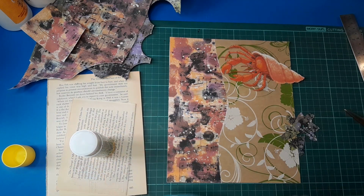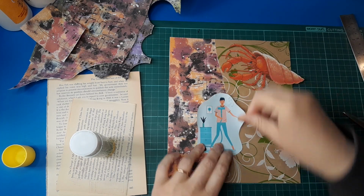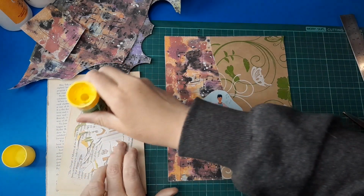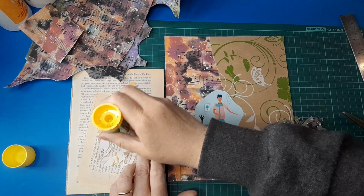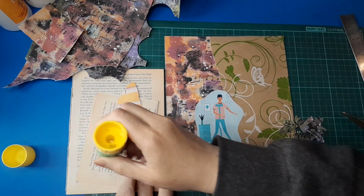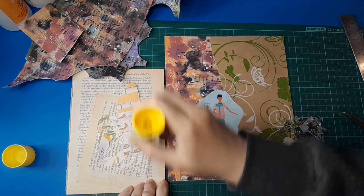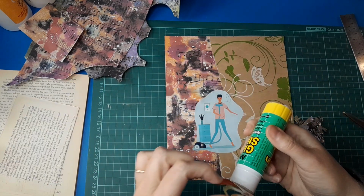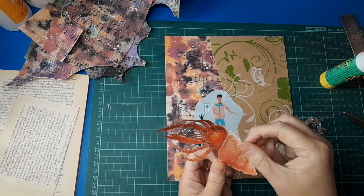Right, I want to slide the claw under the edge of this picture, so I'm just going to stick the bottom bit down so I can get this fellow. Oops, try not to gouge out my glue stick on all these little feelers and bits and pieces that I've cut out. I just love this image though, it's super cool, and the size of it doesn't really lend itself to putting on a pocket or something. A journal card it would probably be okay,